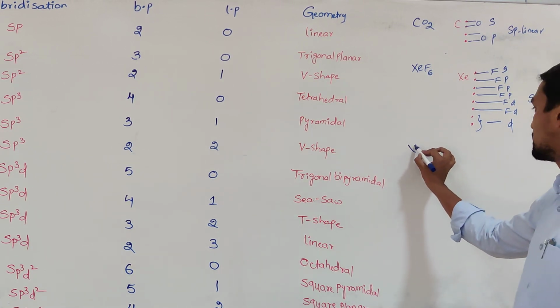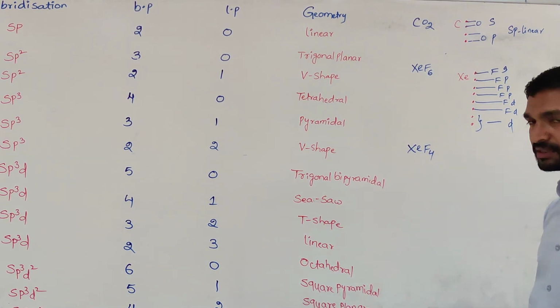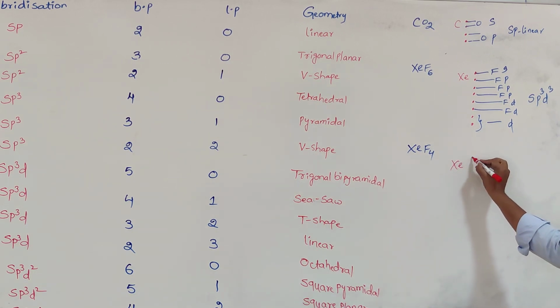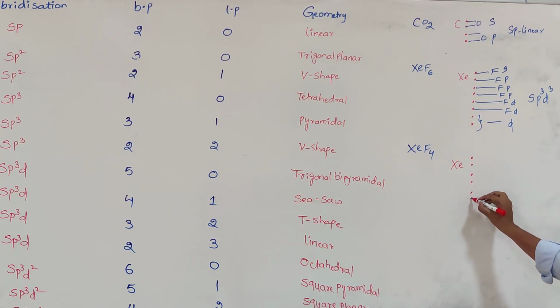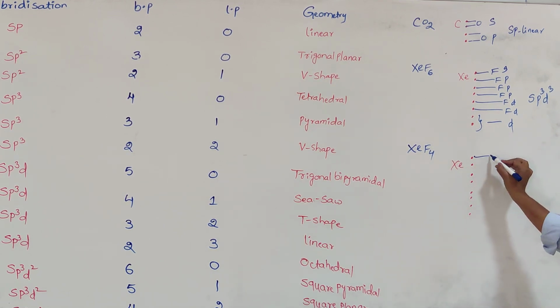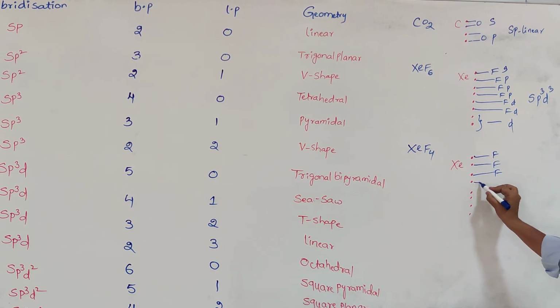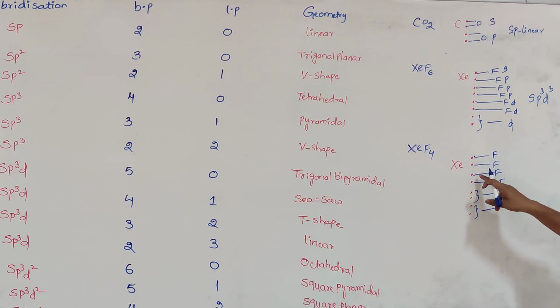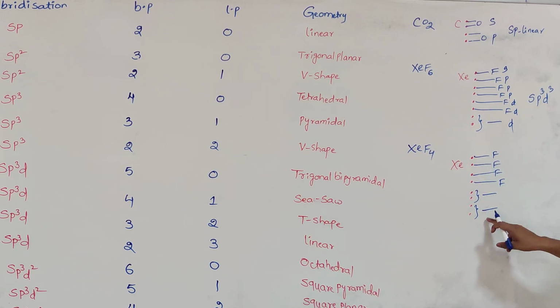So next let us take XeF4. You know XeF4. So 8 electrons. 1, 2, 3, 4, 5, 6, 7, 8. How many fluorine atoms? 4. Each fluorine can form only a single bond. So 4 are over. The 2 are considered as a 1, 2 lone pairs are considered as a 1. So now here, total how many electron pairs? 1, 2, 3, 4 are bond pairs, 2 are lone pairs.